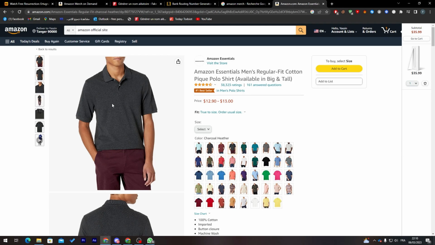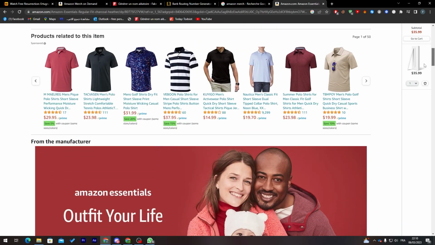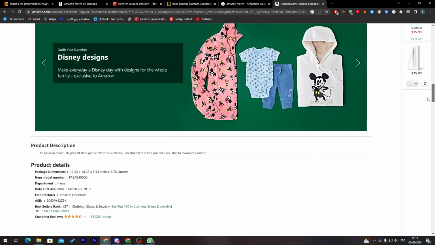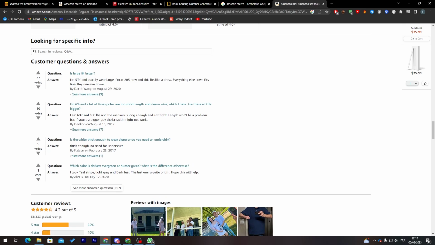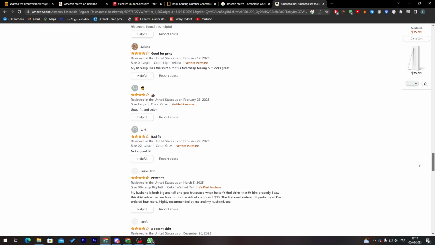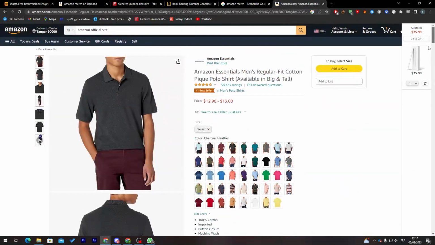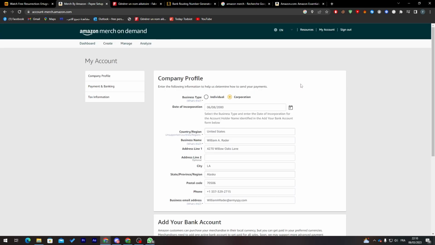So these are the details, images, description, add to cart. Here, if you had any other products on your shop, they will be shown in here. Here we can find even the ratings. So if I go over here, you can find product details, customer ratings, as you can see how much rating you have. And if you go all the way down, you will find the comments as well of your products. So the process of adding products and making the price is not really hard. It is pretty easy. So the only thing that you must do is just complete signing up in your Amazon